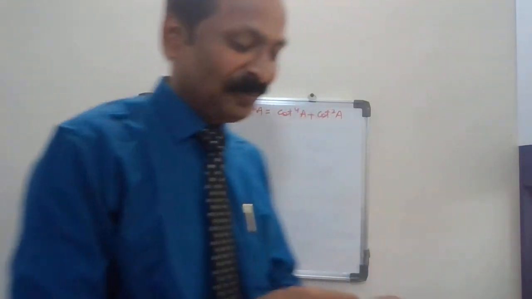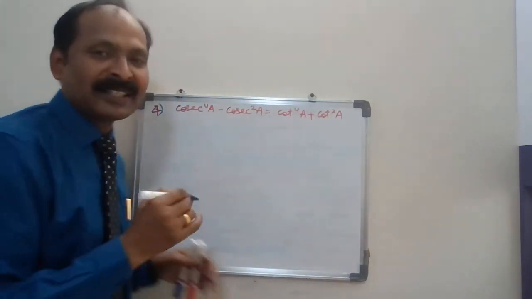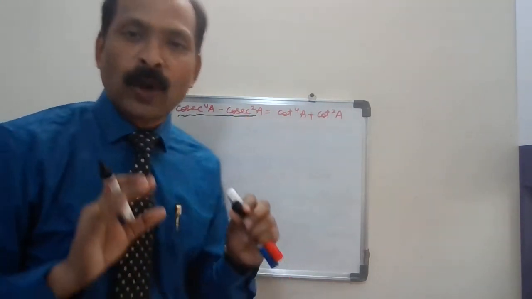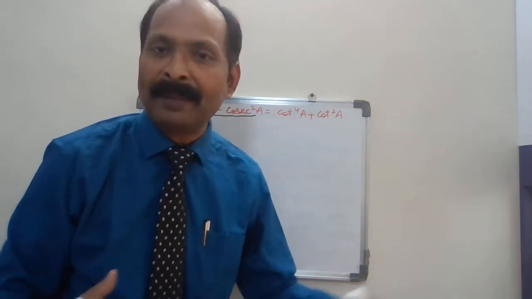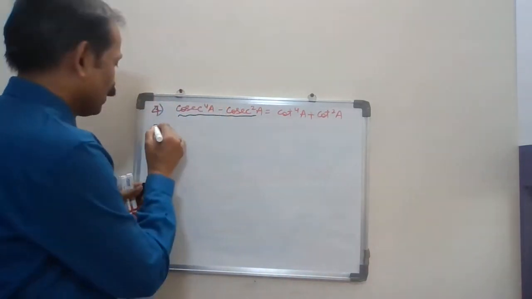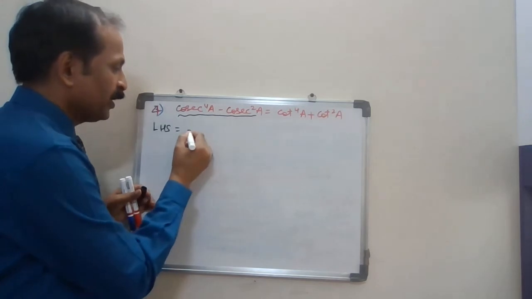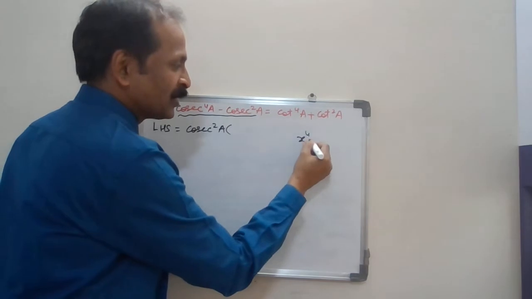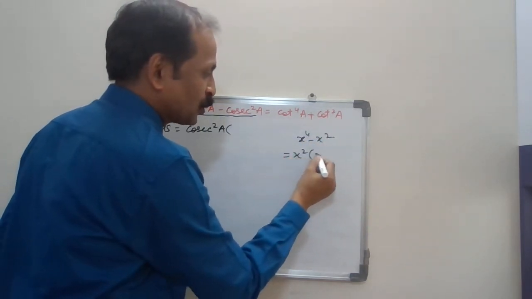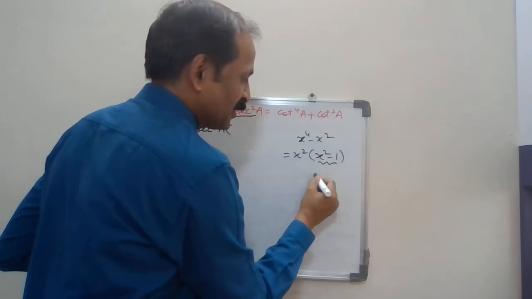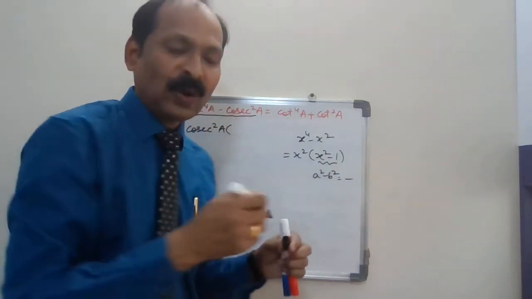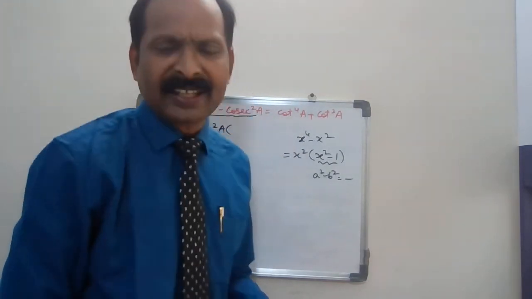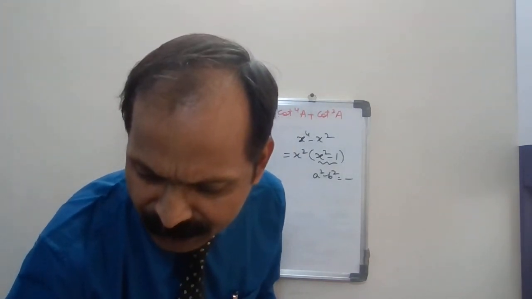So what we'll do here, the important technique is, when you start the right hand side, left hand side, please copy it. So always copy the left hand side and then you start doing. I am skipping one step. So LHS, you copy it. I am taking cosec square A common. Like how you do x raised to 4 in factorization, x square is common, x square minus 1, then it is the a square minus b square formula or some other way. So we always think about it like factorization only, how we solve factorization. Similarly you can do here.